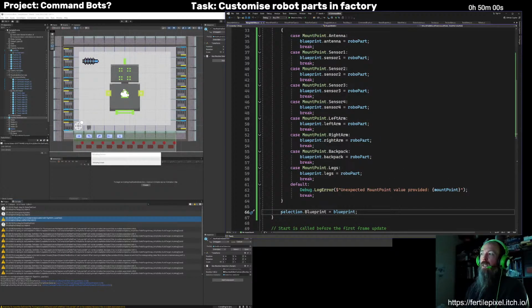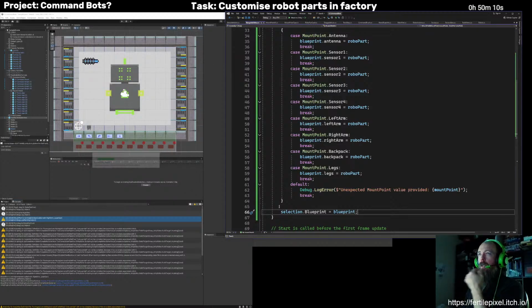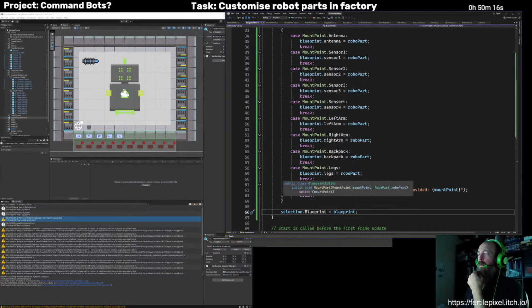That should basically work. No reason to think it wouldn't. So we should be able to select a factory and make laser arm robots, but not select a robot and make it a laser arm robot. I mean, not that it would matter because it's only in the factory that the bits of code run that will actually activate the different parts. Let's give it a whirl, see what happens.